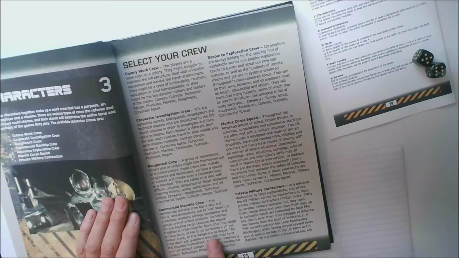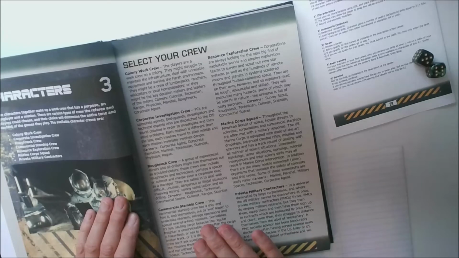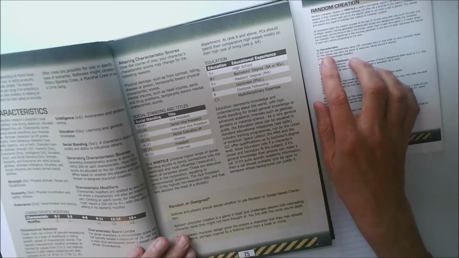The commercial starship crew has a ship and hires itself out to undertake charters, salvage operations and special one-of-a-kind missions. So we'll design a crewman, a spacer, who will be suitable for this crew. And I've got a little checklist here. The first part of the checklist is the